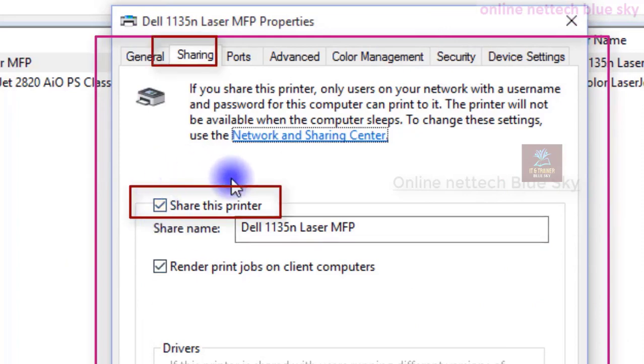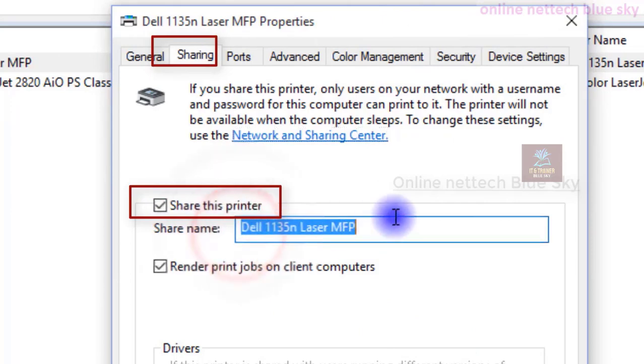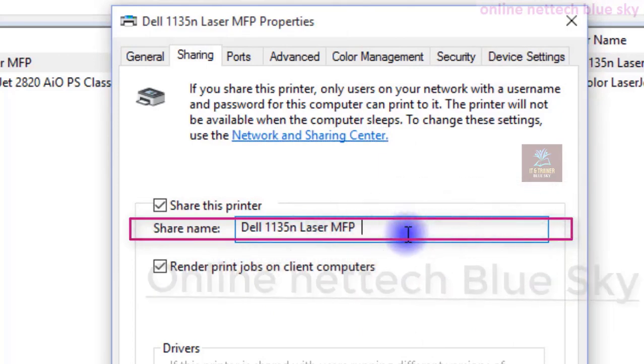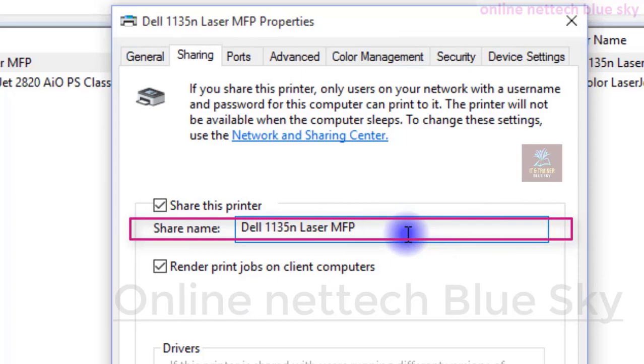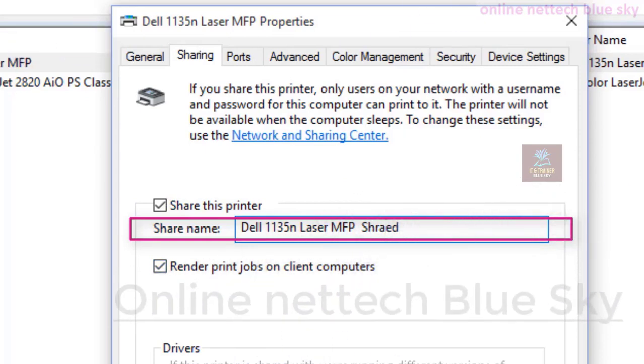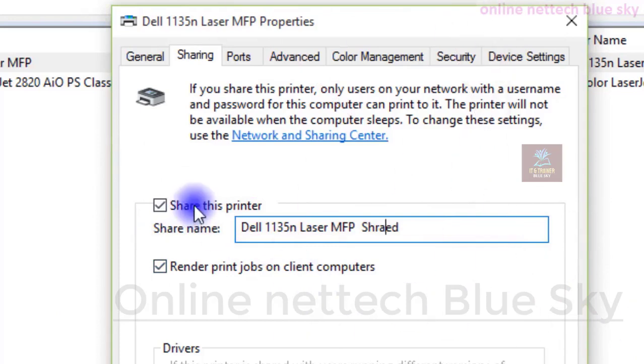So first click on share this printer, and you can see the share name. You can give any name, for example I give selling department. In the selling department, there are 9 computers available, and the 9 computers use this printer. So I share this printer, but the 9 computers do not connect directly automatically, because first I want to configure this printer and the IP address manually, and then connect with my printer server systems here.